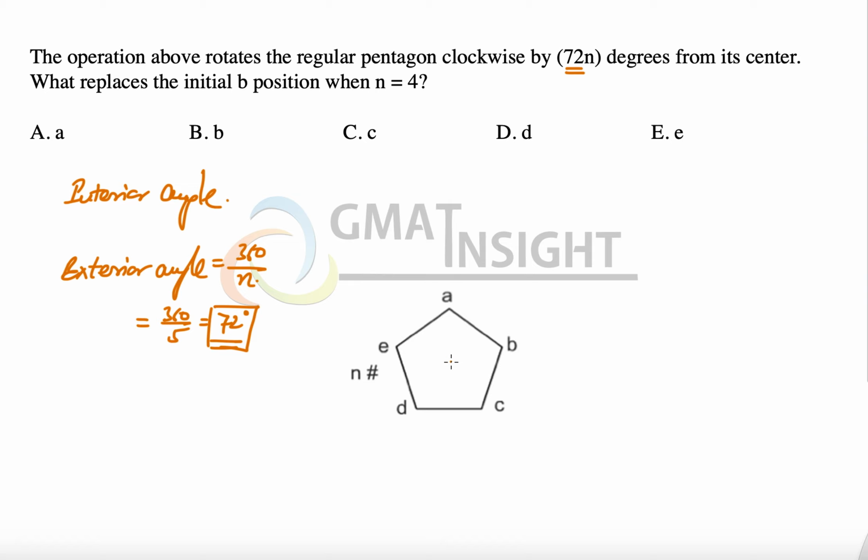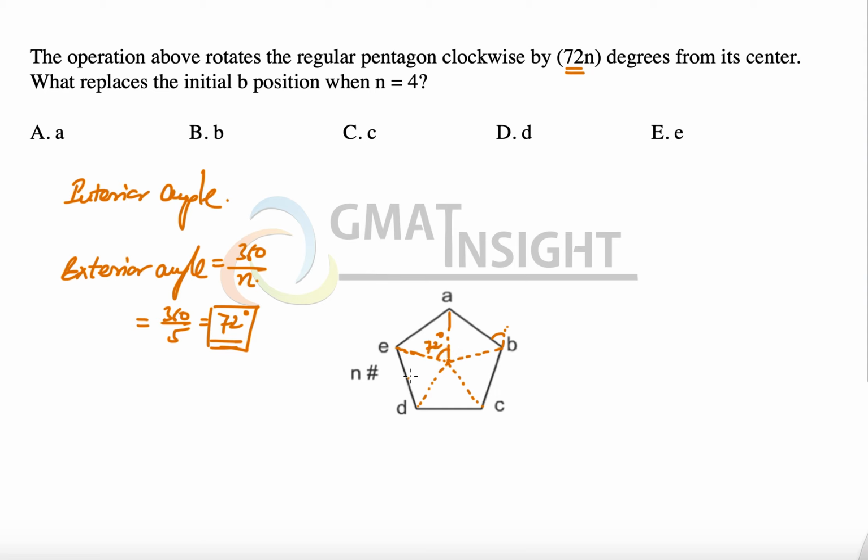The exterior angle can be represented in two places. One, by extending a side outside, this angle is the exterior angle. And also, if we join all the vertices with the center of the polygon, which is especially the case of a regular polygon only, not an irregular polygon where all the sides are not the same and all angles are not the same, each one of these angles is 72 degrees.